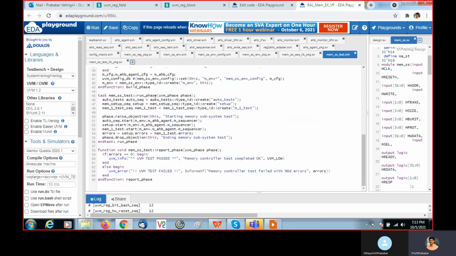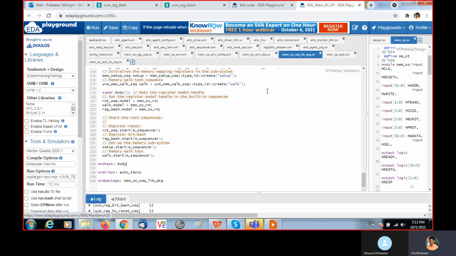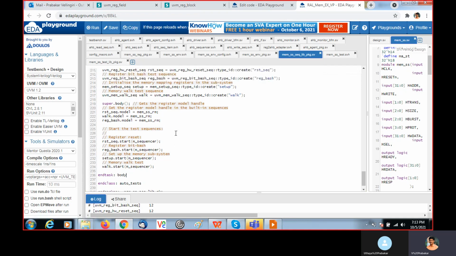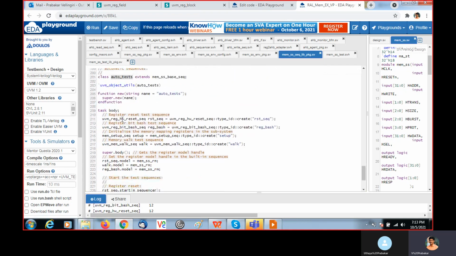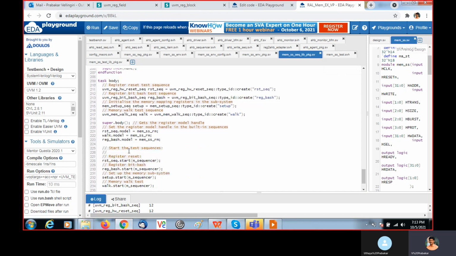And inside the run phase, we are instantiating the sequences. The auto test sequence I created, right? So this is the auto test sequence. Inside this sequence, we are calling the UVM register sequences: reset sequence, register bash, set up, and walk.